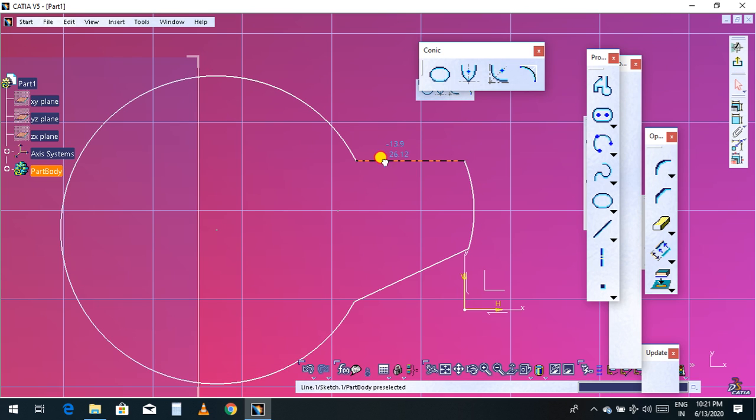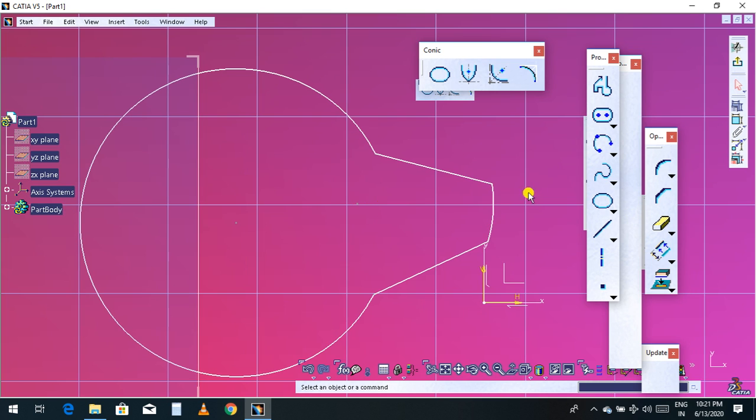Suppose I change the parallel and choose something like this. Now I will erase this one, this one, this one. Now you just click this and drag it.